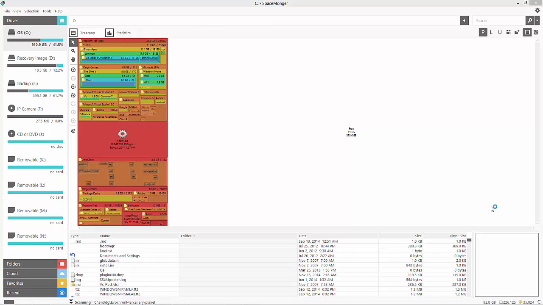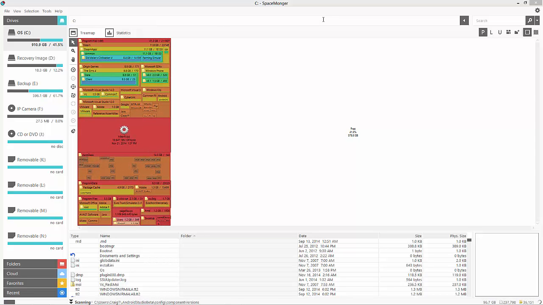And today I'm showing off a program called SpaceMonger. This is version 3. And this is not free software, but it's data management software on a single computer. But before I jump into this and show off this program and how it might help you